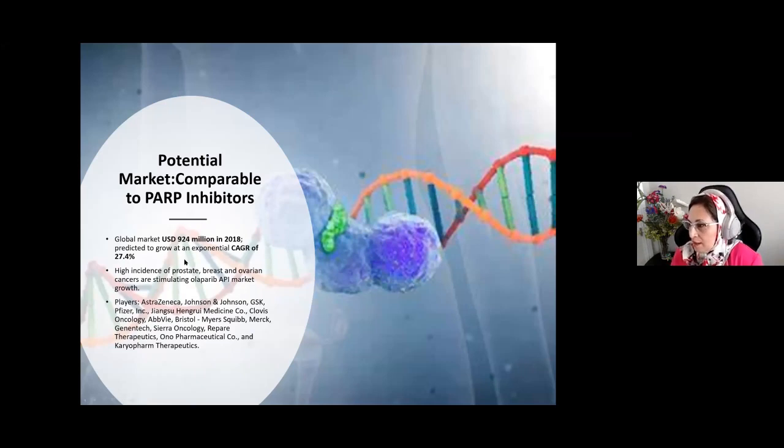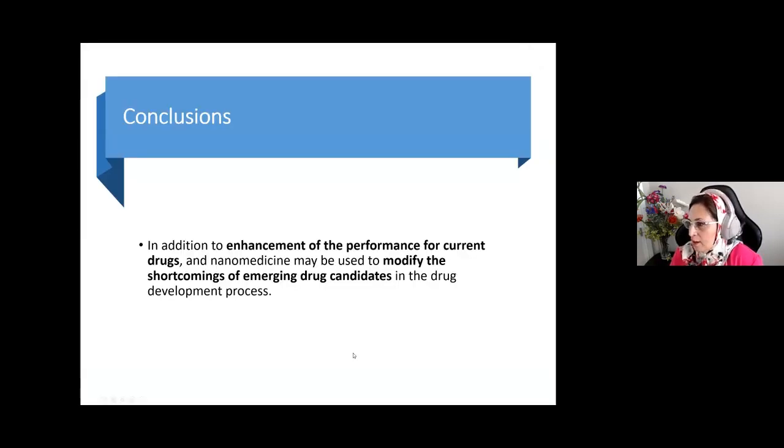So inhibition of Pnkp or new inhibitors of DNA repair can be projected to have at least a similar market. But with nanomedicine, we may get a benefit for targeting cancer and being able to use it in a larger spectrum of cancer in combination with chemo and radiation therapy. So the market might be larger than this. And I hope that I was able to at least make you think about this potential for the use of nanomedicine in the drug development process. If nanomedicine can hit that niche and that market, there will be a boost in the use of nano-delivery systems